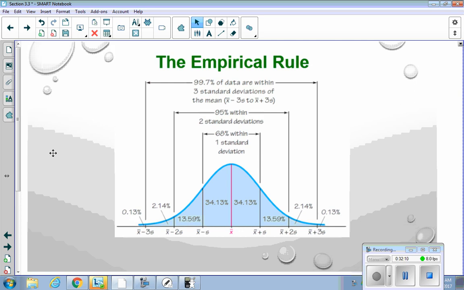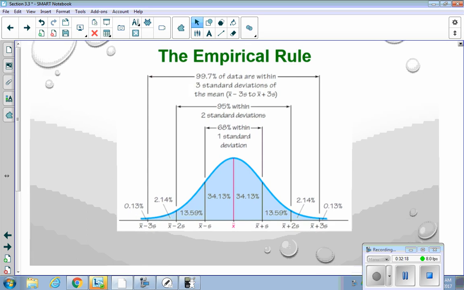So if this is my mean, 1 standard deviation positive and 1 standard deviation negative, 68% of my population is there. If I subtract it twice and add it twice, 95% is there. And 3 times, 99.7% is there. So with that, I want to talk about